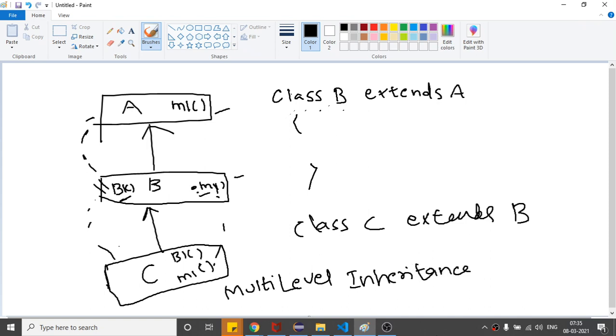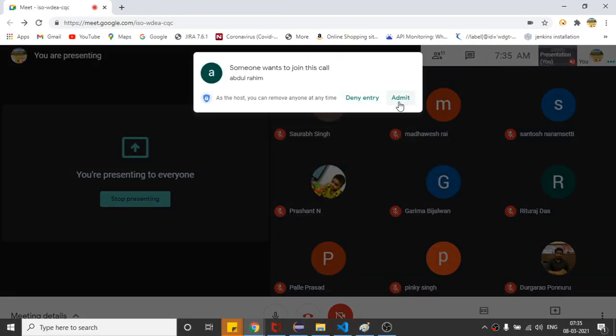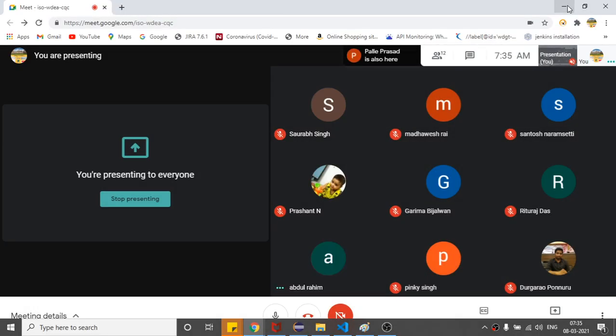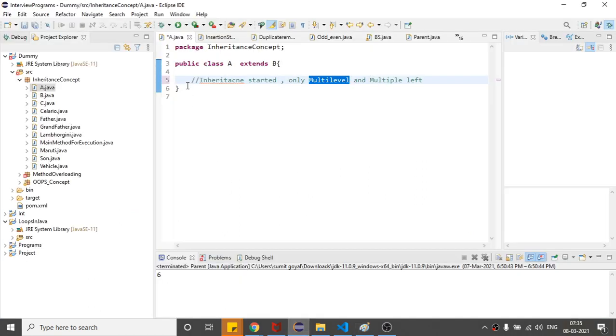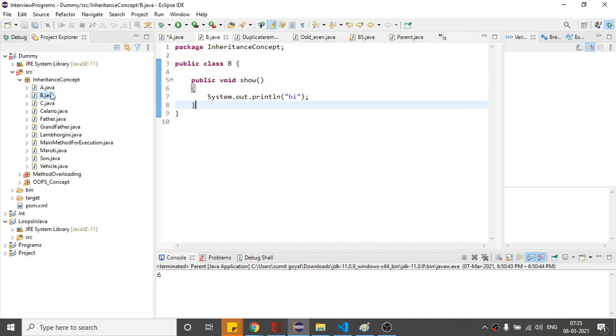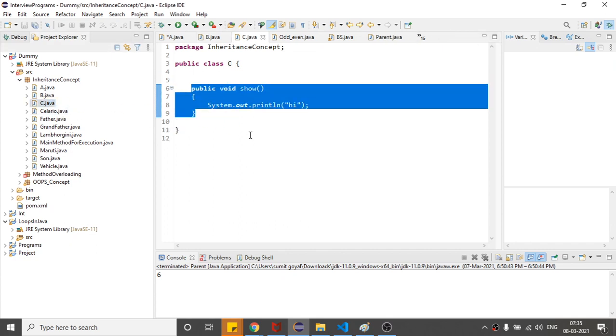So if I make the program, that is very simple. If I come to Eclipse, suppose I make classes, where class B is having this method and class C is having this method.